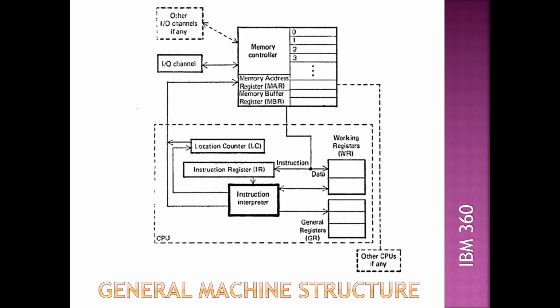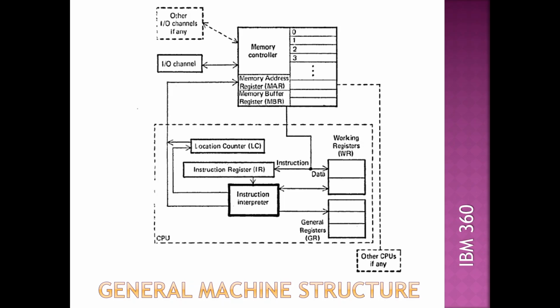So wherever there is an address, it is going to be stored in the memory address register, and the value present inside that address will be stored in the memory buffer register. That value could be an instruction or it could be just a value for addition. The example I told you is addition: A 2 with one memory location, which means add the contents of the memory location to register 2. Okay, so that is the meaning.